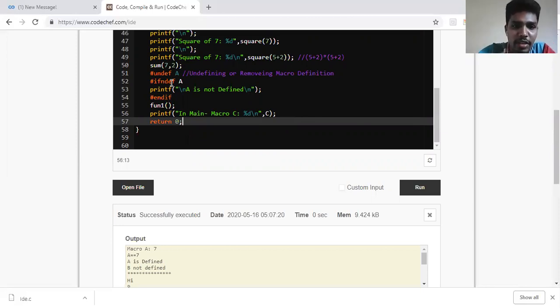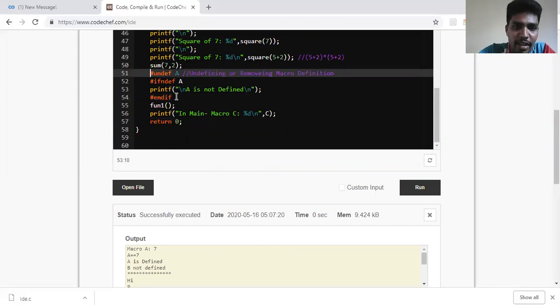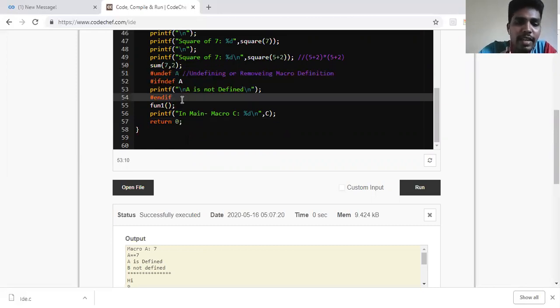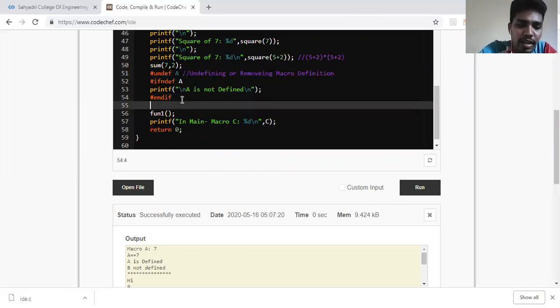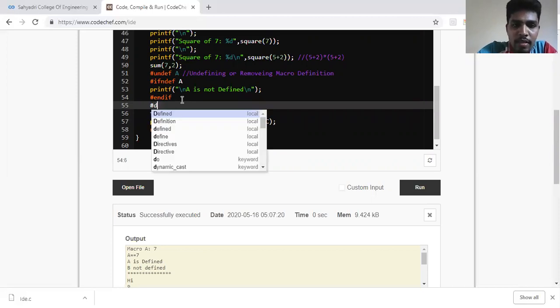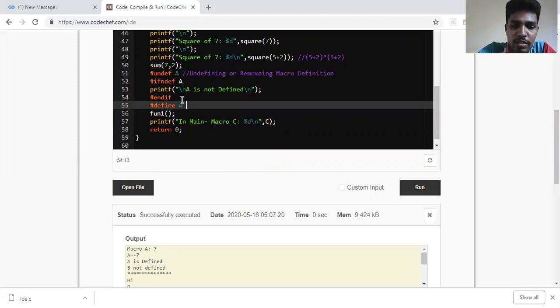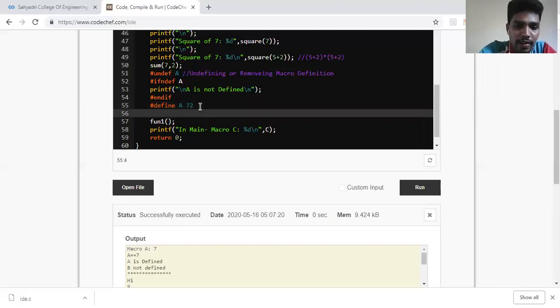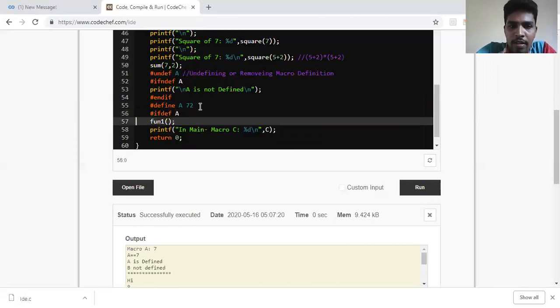For example, if you see here, I have undef A, and later if I want, I can actually redefine. How would I redefine? I can write here hash define A. What's the value? For example, 72. And then I can write hash if defined A. I can print its value.